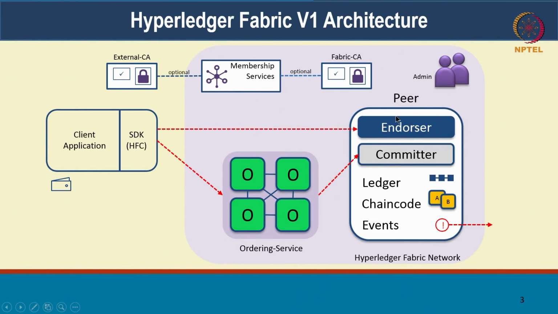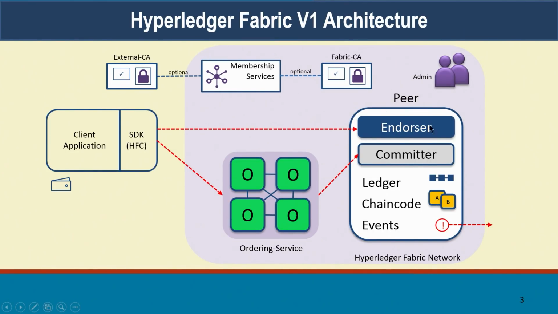Within the peer itself, there are many notions, right? Of course, the peer is going to be maintaining the ledger. This is the ledger of all transactions, all the state information that is getting stored. It has the smart contracts. We call them chaincode. So this is the code that is going to be running on the blockchain itself. So every node in the network will be executing these chaincodes. When I say every node, there can be exceptions. We'll come to that. And of course, once the transactions are getting committed onto the blockchain, you can emit events. Those can be integrated with existing systems.